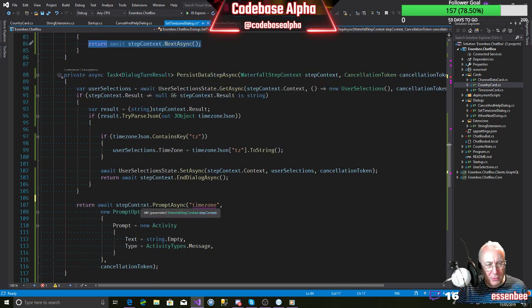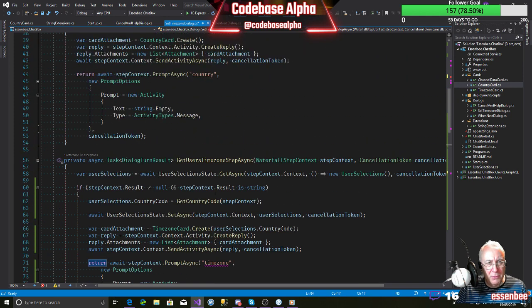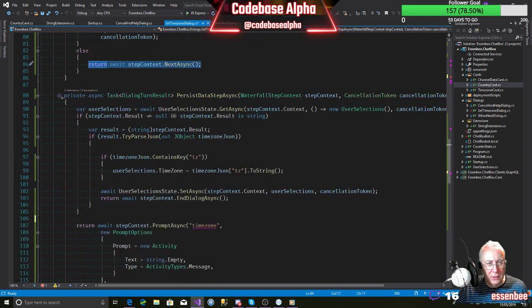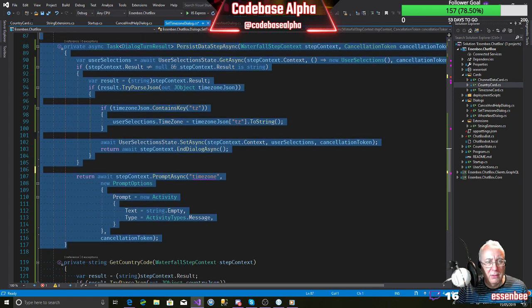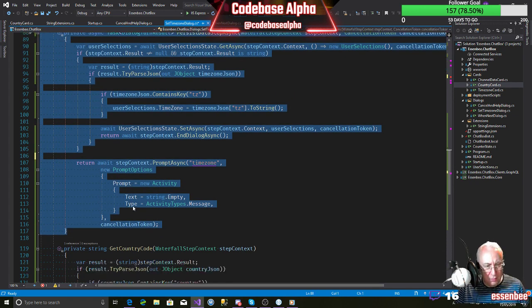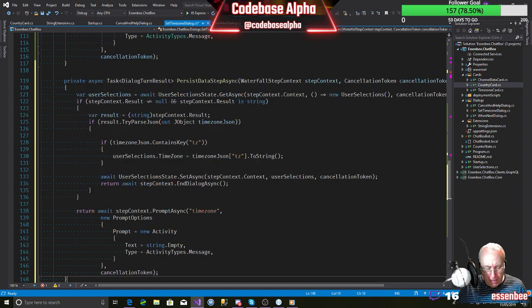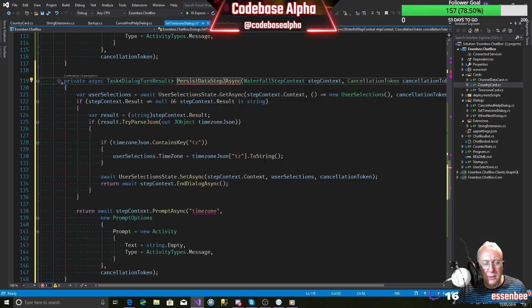We stop or we just move on to the next one. And the next, step 2, is simply a way of catching it. So here we get the result again. This time it should be a piece of JSON because, well, it could be anything, couldn't it, at that stage?